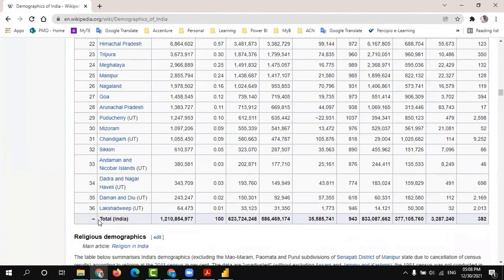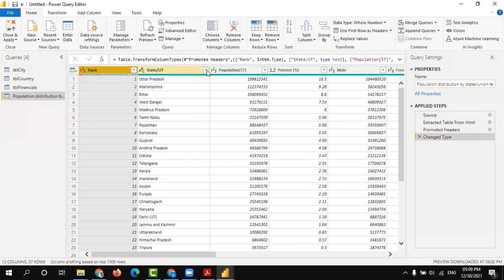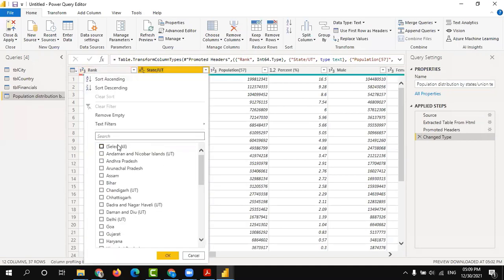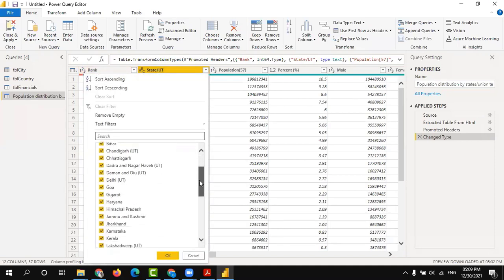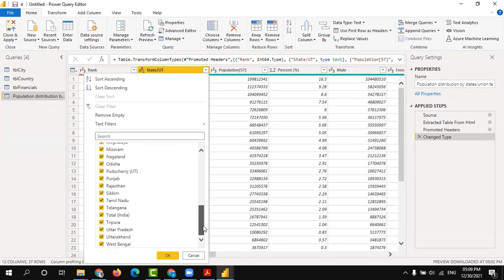You can see this one, the last hyphen is there. That is the reason it is not able to identify it as a number, and that's the reason it is giving an error. So let us filter out this total from our model. I will select the whole thing and the total. I'm removing this total here.